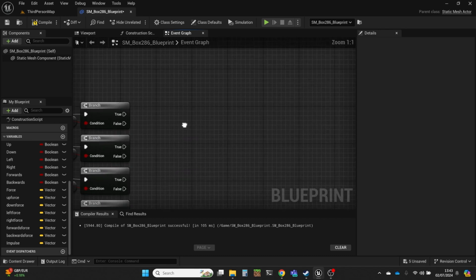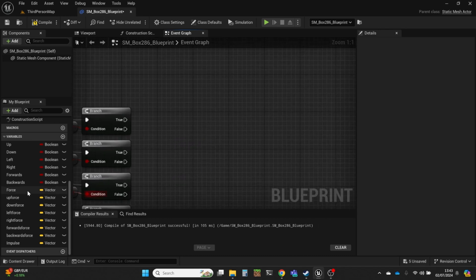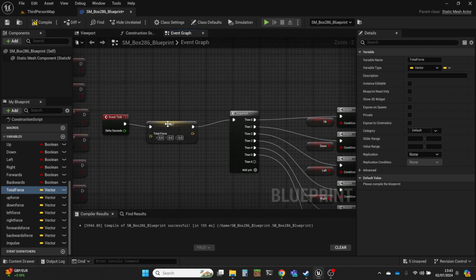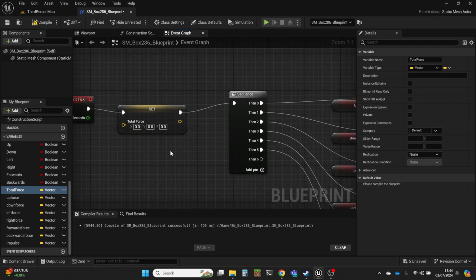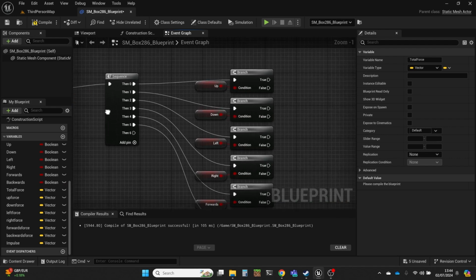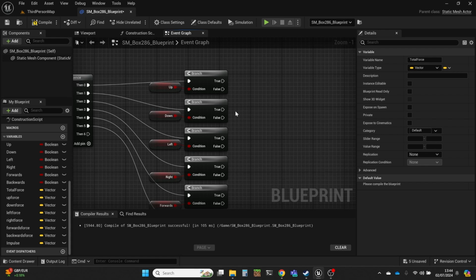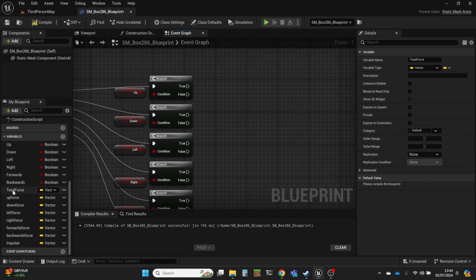And I'm going to use this force. In fact, let's change the name of it and make it total force. That makes a bit more sense. So I'm setting that to 0 on event tick, because what I want to do is to make sure that there's no value in there. So I'm then going to take whichever force components are being used and add them to that.